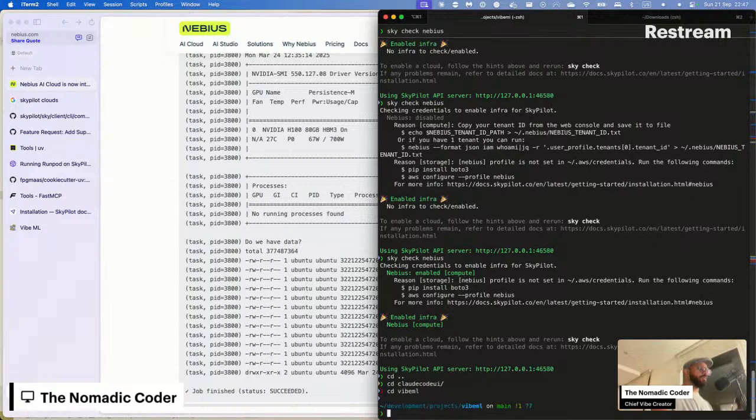Okay, we're going to start this project, right? So, what are we going to do first? Open Claude as usual, in dangerously skip permissions mode.